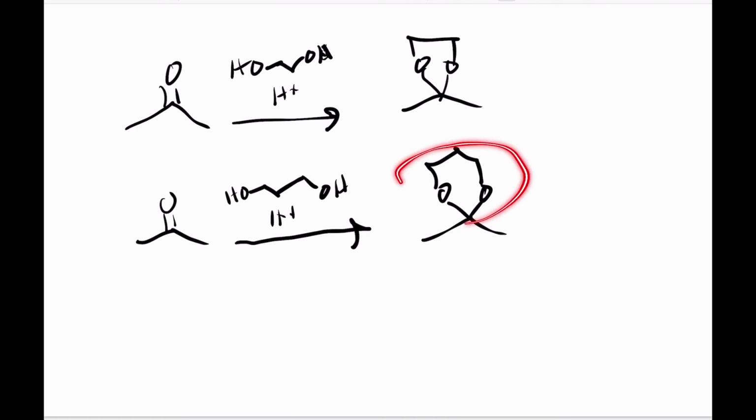And this one here actually will adopt a chair conformation. If you use your model, you can look at it, it does adopt a true chair conformation in that 6-member ring. And so you should add this to your protecting groups, because these are protecting groups of carbonyls. If you have a carbonyl and you're trying to do chemistry around it and you don't want to touch the carbonyl, but you've got any kind of nucleophilic chemistry going on, even a weak nucleophile nearby, then you better protect the carbonyl and hide it. And this is the way you hide carbonyls. You make acetals to hide them,